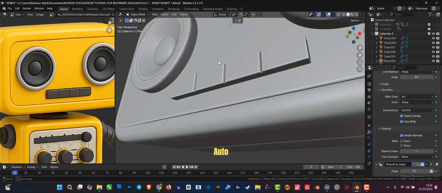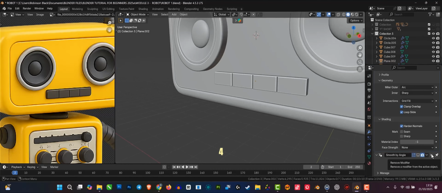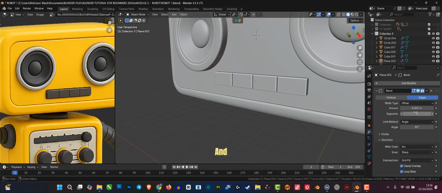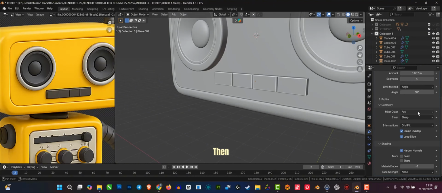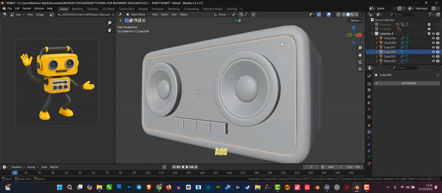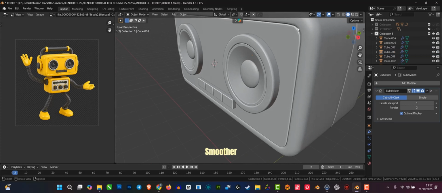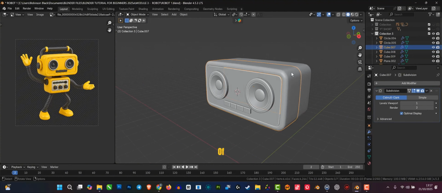Yeah, so we can delete Auto Smooth and then just leave our settings at 4 segments, 0.047, and then arc for the miter outer. Then shading should be set to add normals. Right, so we should also add a subdivision surface for this subdivision surface, so we have a much smoother corner. I believe we have subdivision for all of this already. Yep,